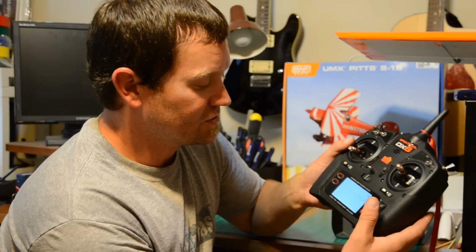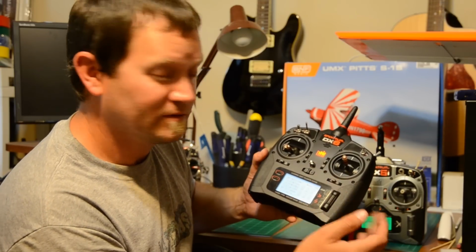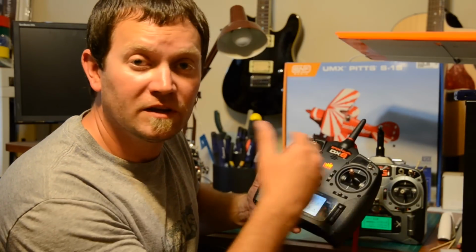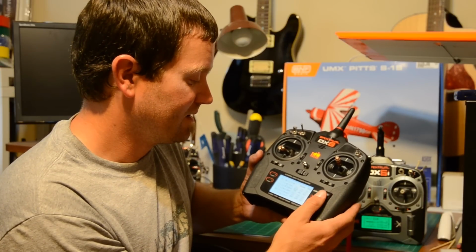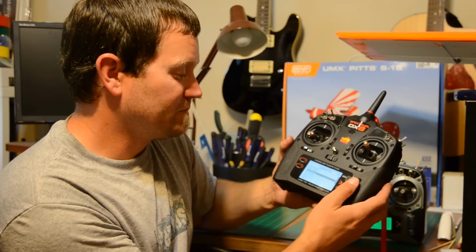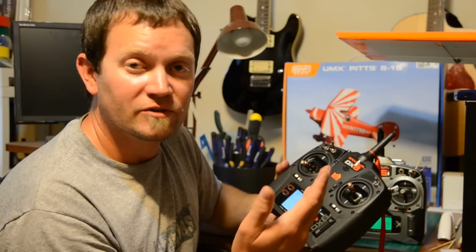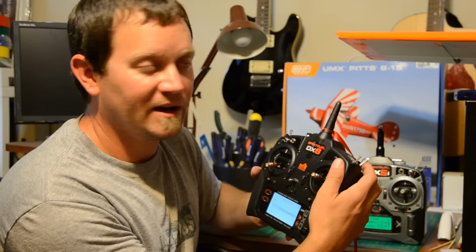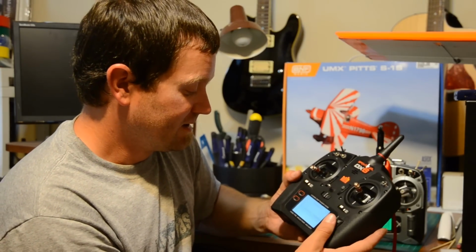But there's a lot of differences in the functions. For example, you go here to servo setup, and on servo setup you now have your servo travel, your sub trim, and your reverse, all in the same area. So that definitely expedites that process. You've got your DR and Expo, which you can set up based on whatever switch you want. You can have your transmitter talk to you about, for example, high rates and low rates. I have mine set up that way, so I know by hearing it. Throttle curve,